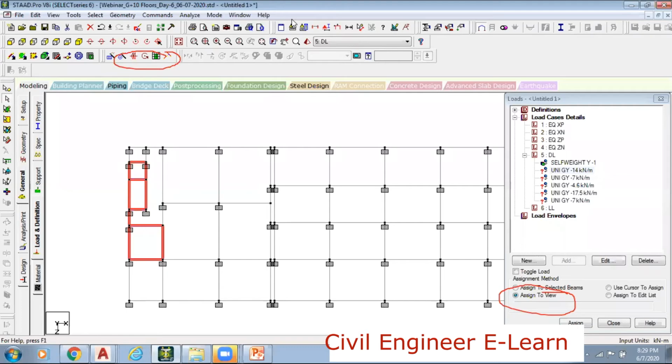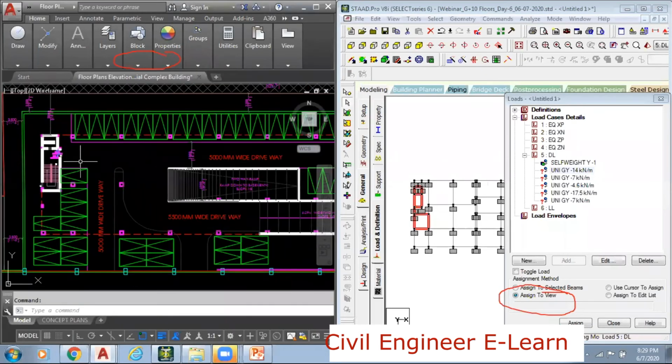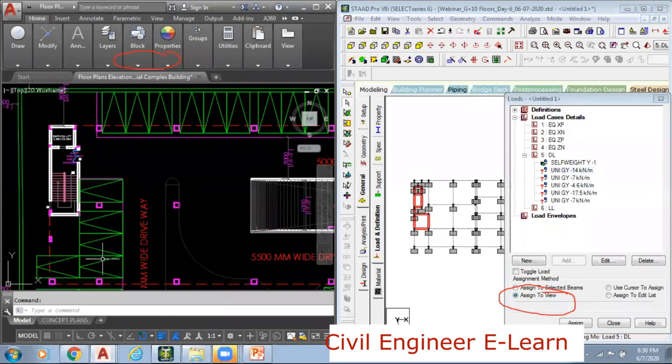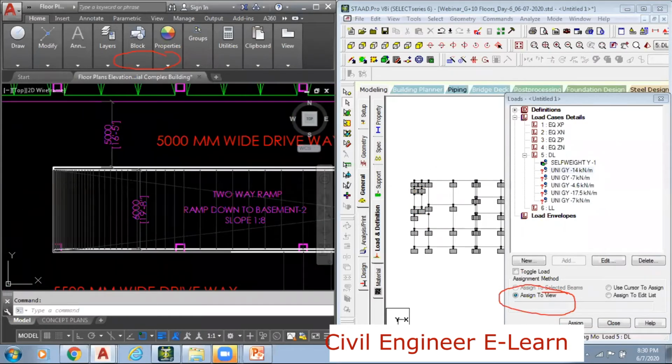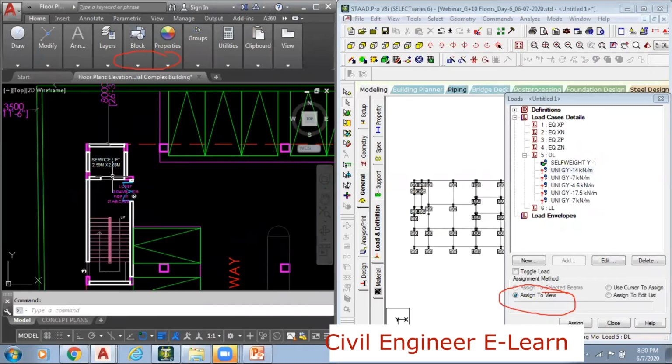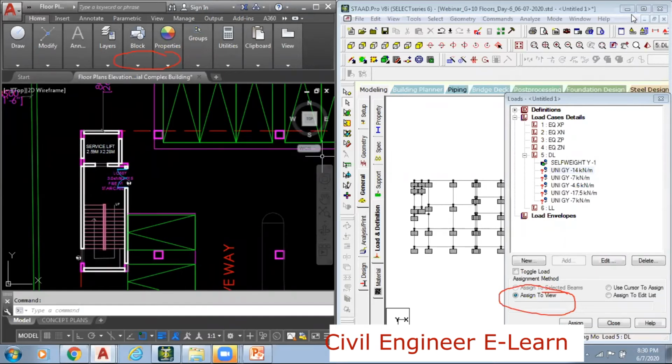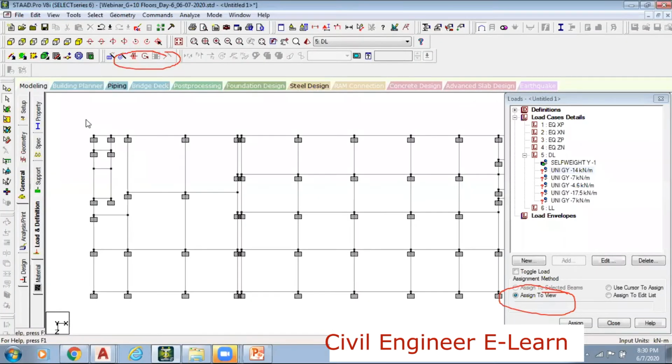Let me keep it on the right side. Let me verify it once again. Extreme corner, left corner, so I'll select like this.